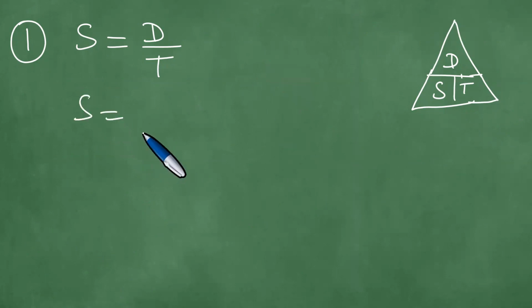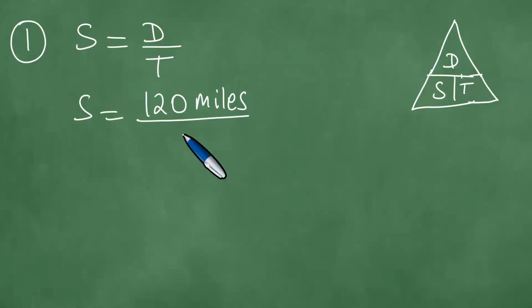So speed equals the distance, which is 120 miles, divided by the amount of time, and the time is 3 hours, like so. And we're told in the question that the speed is constant, so you divide here, you get